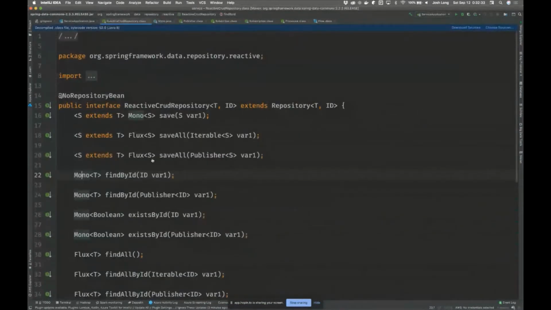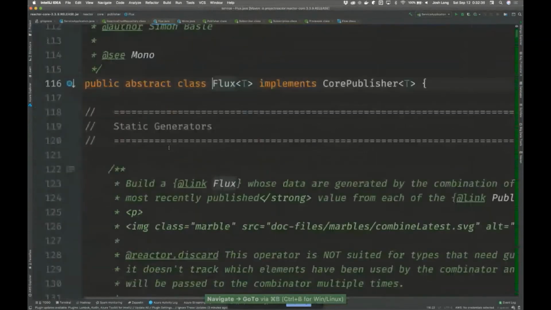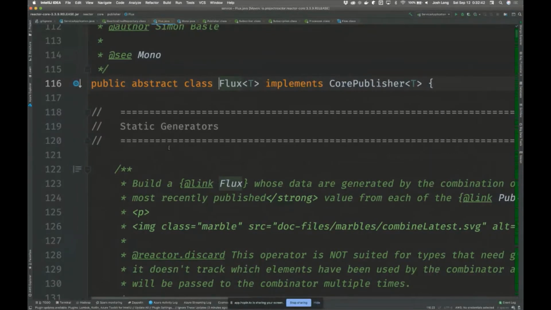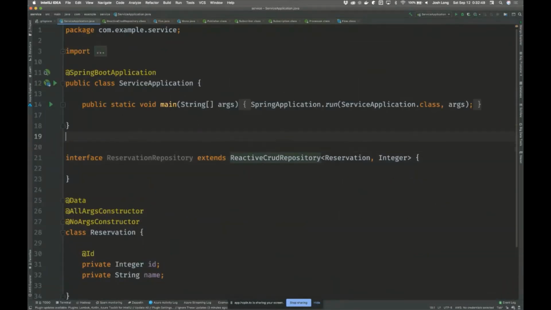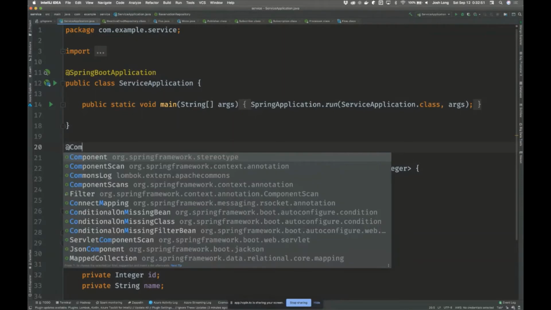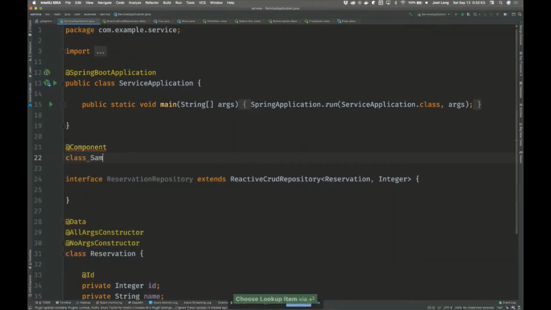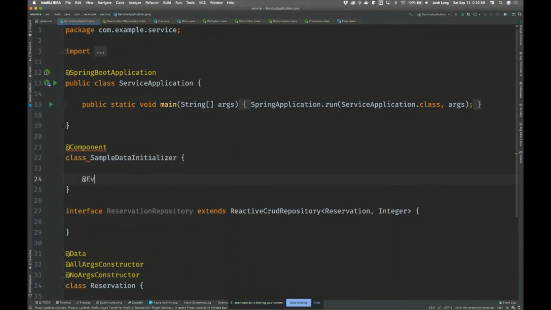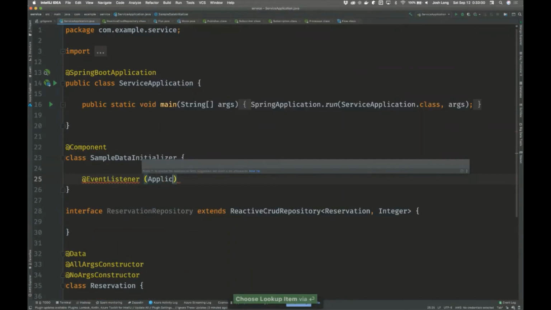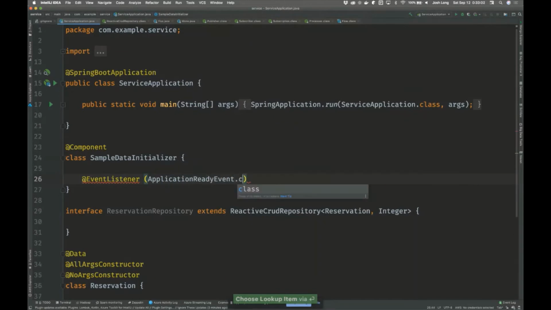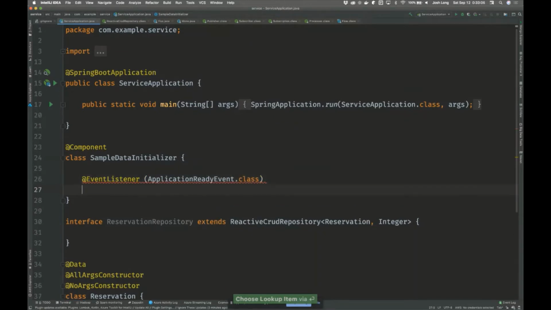The other type that we have is a Flux. A Flux is a publisher as well. It produces 0, 1, 2, 5, 10, a trillion, a billion, or infinite values, right? So it is also a publisher, and they have different semantics, but they're both publishers. And so we can use these to write data to the database, okay? So we're gonna write a sample data initializer. And what I'm gonna do here is I'm going to take some names from people in the Spring team, and I'll use this to write their names to the database, right?